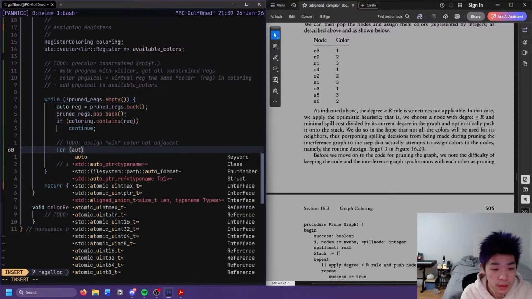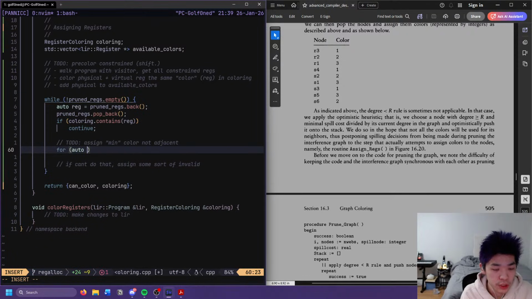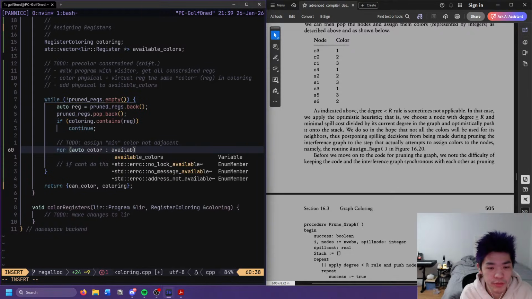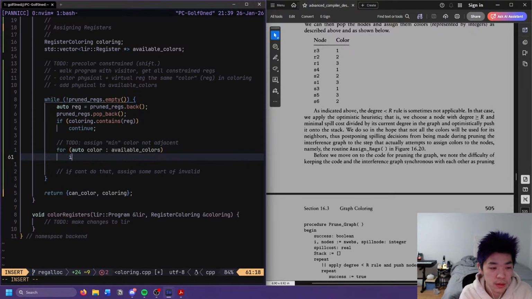So let's reach color. This is very cursed in available colors. Oh, this gets really complicated actually. So we'd want interference.